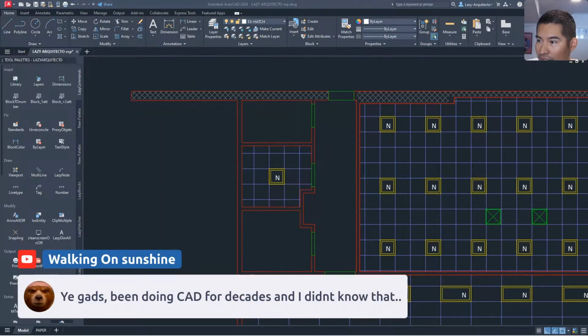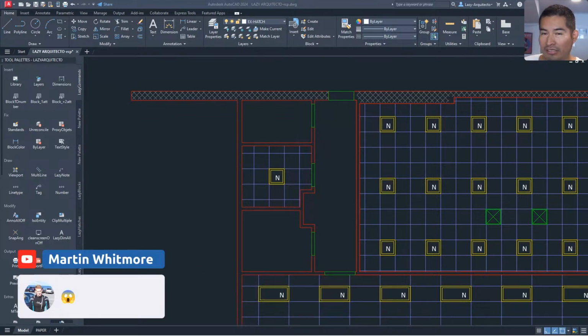Yeah, God's been doing CAD for decades and I didn't know that. Hey, Rachel, I'm glad that you're learning something useful today. Makes me very happy, right? Because if you are a person that has been using AutoCAD for so many years, there are always new things to learn, right? So Rachel, thank you for sharing your thoughts. Martin looks like he's scared right now. I don't know why you're scared. Anyway,